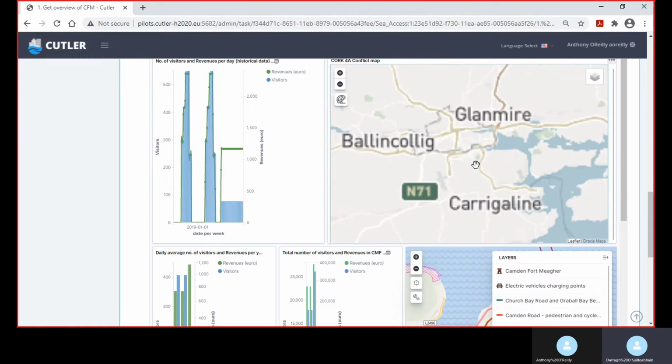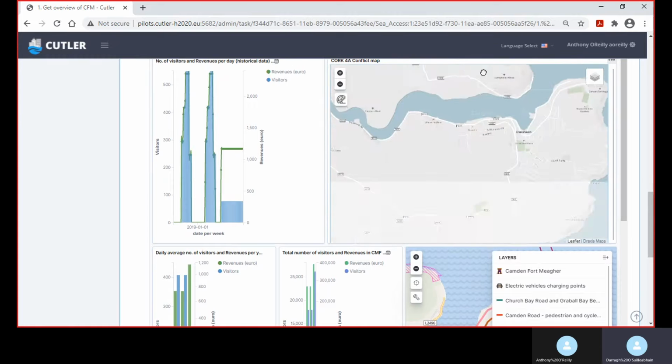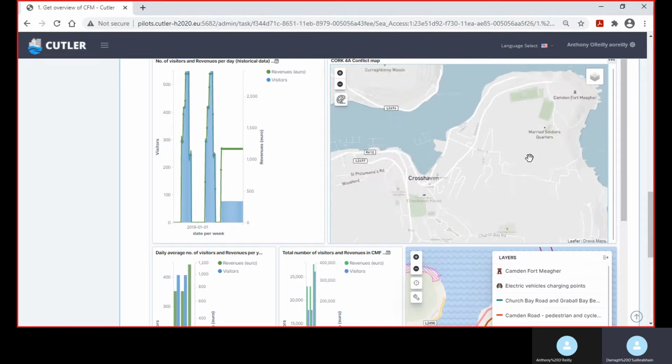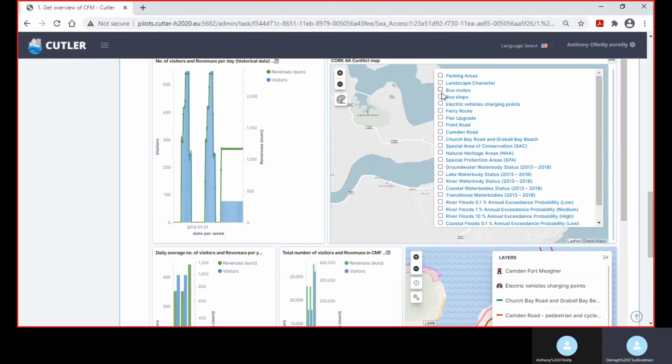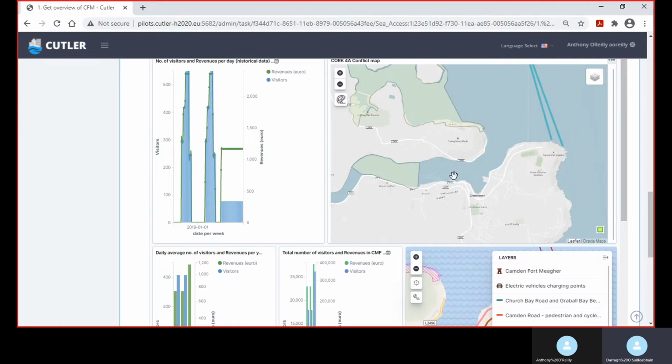Policymakers are also provided with an interactive conflict map with a variety of data layers. This allows the user to consider any potential environmental conflicts which may or may not affect decision making, such as special protection areas. For example, we can now see the proposed future ferry route, as well as the special protection areas located in proximity to the fort. We can use the measurement tool to assess the distance between these 2 factors and consider if this will be problematic